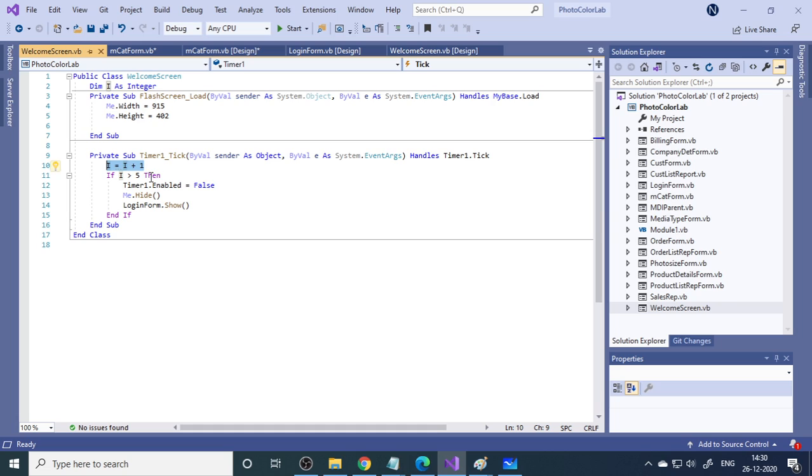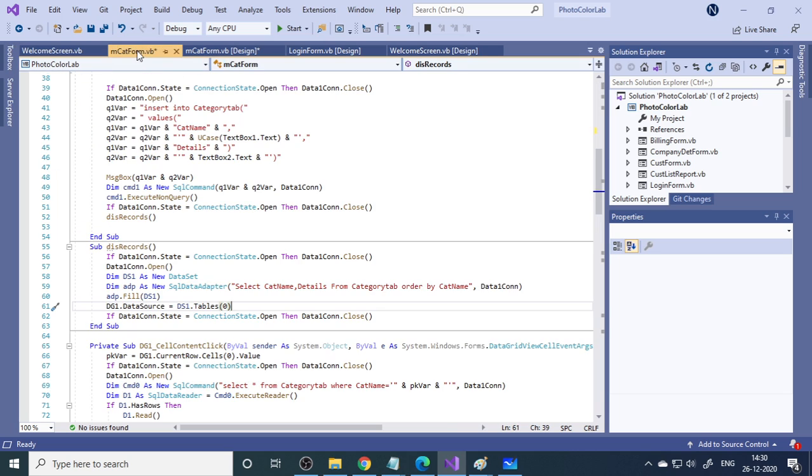Then once I is greater than or equal to 5, that means 5 seconds. So this tick will execute at every second. It will execute once in every second. So how is it once in every second? If you go to properties, timer properties, there you can see that